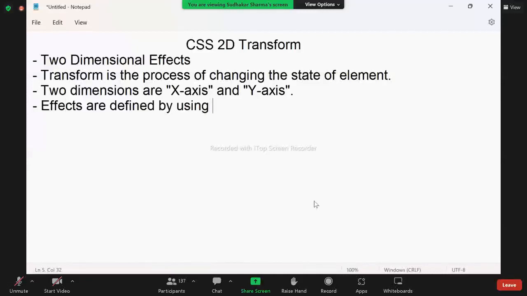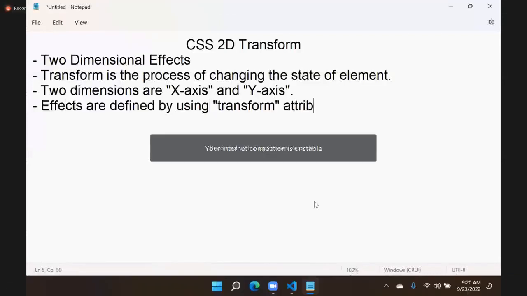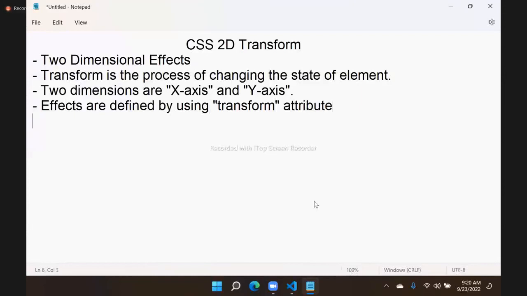Transform attribute. They are defined by using the transform attribute. By using a transform attribute, we can define the effects. But the problem I told you yesterday is that